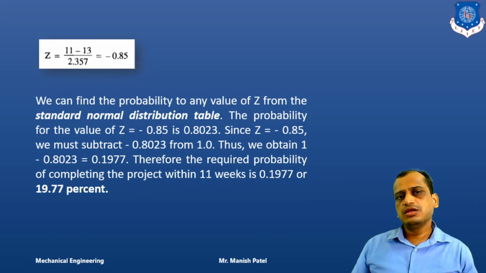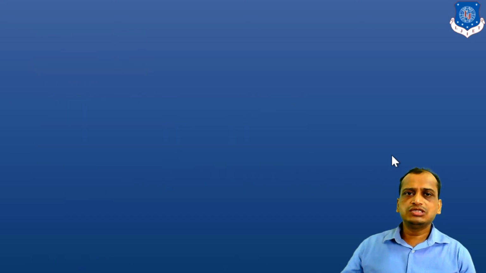Initially, based on the time estimates we found out the expected time, and from the expected time we drew the network diagram based on the predecessor and successor activities. We put the values, and finally we calculated the Z score based on the critical path standard deviation, the expected time, and the target project duration. Clear? So let's look into the final topic.